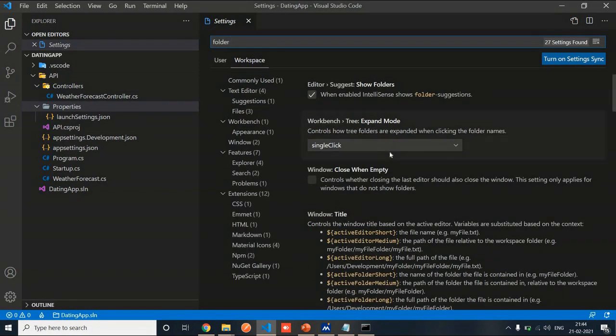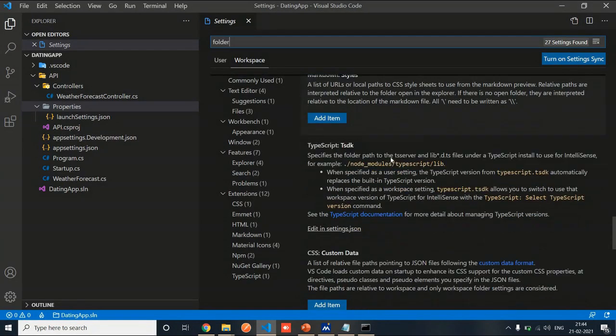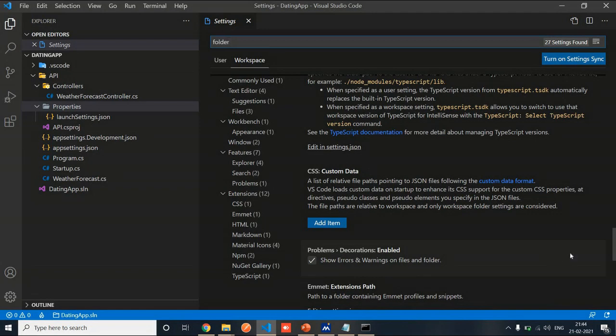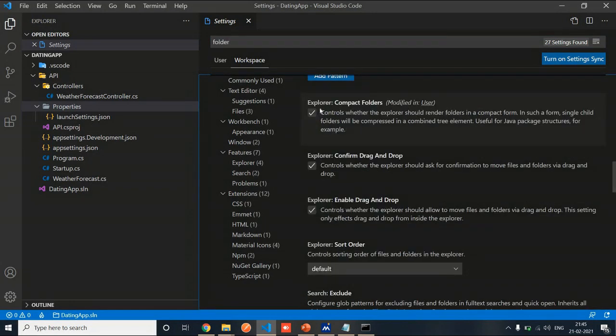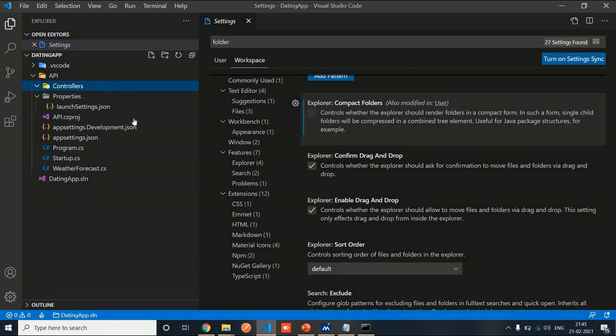And there's just one other setting that I want to change in here as well, and that has to do with how the folders are displayed here. By default they are shown in a compact mode. I'm just going to change the option for Explorer to compact folders, and that turns the feature off. It just means that we can see the full folders. You may have noticed before in the obj and bin folders, they have underlines in different folders. I prefer to see them dropping down, and this is all we are going to do with VS Code now.